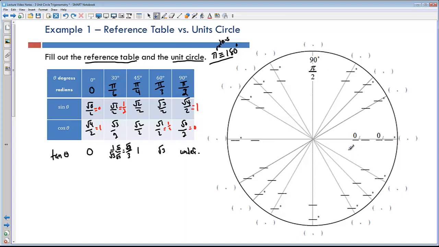So let's do this. This is a bit of an exercise, so work with me. First, let's just fill out the degrees. So you have 0 degrees, you have 30 degrees, you have 45 degrees, you have 60 degrees, you have 90 degrees. And then the rest of these, we're just going to add. So let's suppose we start with 45. You have 45, you get 90. You add 45, you get here, 135. If you add 45 again, you get 180. If you add 45 again, you get 215. If you add 45 again, you get